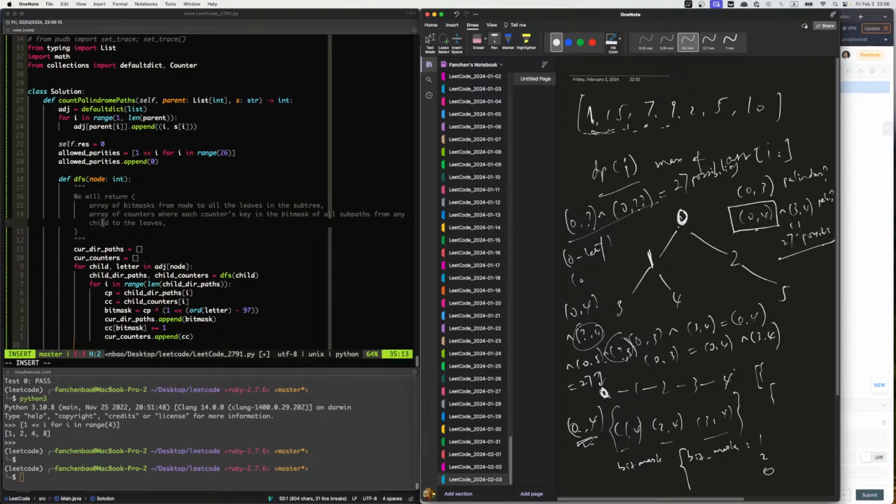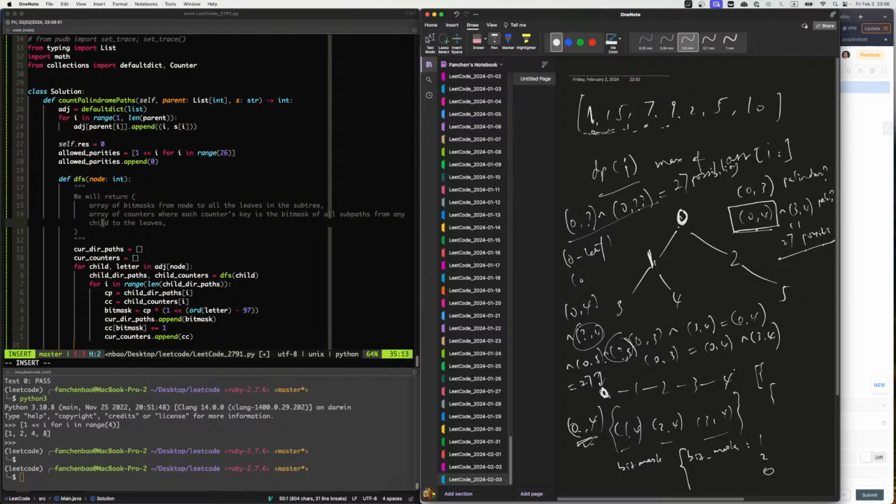So I use the 27 possible because it's going to be the full path, exclusive or any of the child full paths. When we do that, we get the parity value of anything in it. And then we check if it is one of the 27. If it's one of the 27, we go through the 27, we use the 27